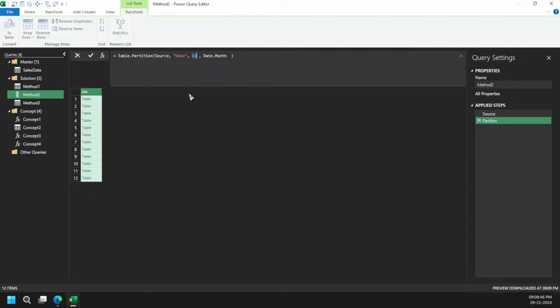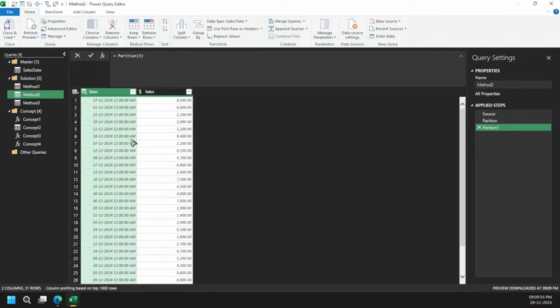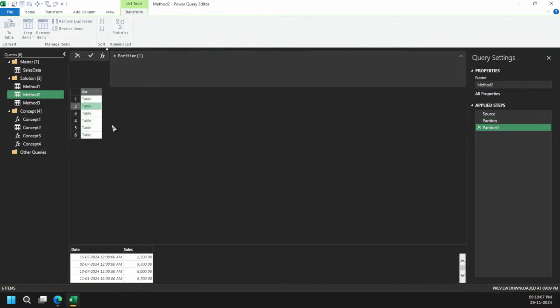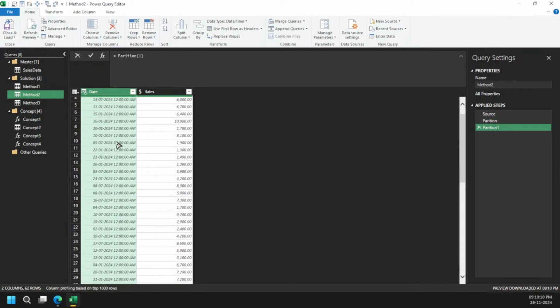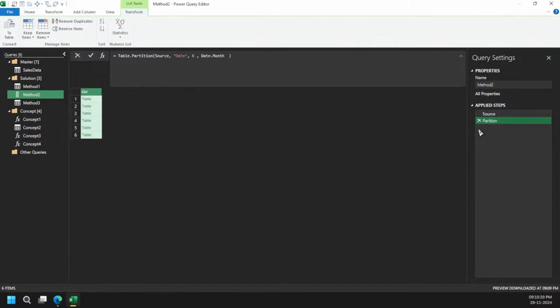Because there are 12. Got it? And what happens if I just say 6? You can see here there will be 6 groups. Got it? But if I go here, you can check out, let me drop it more. Okay, it is not showing properly. Let me see. Yeah, month 7. Just see, this group contains both 7 and 1, right? That is July and January. So that's a problem. It haphazardly partitions the table.